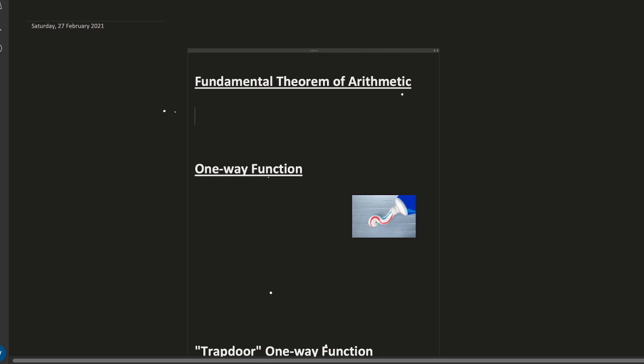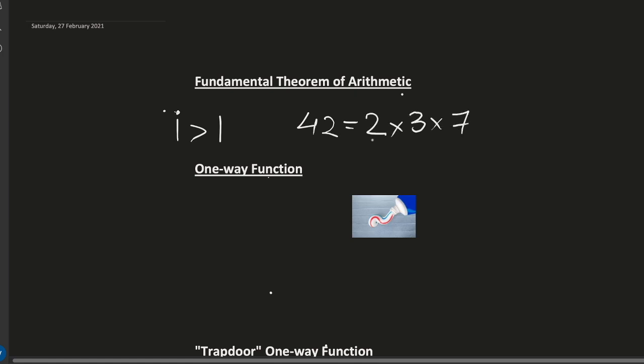Let's quickly go over some prerequisites. Let's start with the fundamental theorem of arithmetic. It simply states that every integer greater than 1 is either a prime number or it can be represented as the product of prime numbers. For example, let's say we pick a number 42 arbitrarily. It can be represented as a product of 2, 3, and 7. So, a product of prime numbers, because all of them are prime. And even though the ordering may differ, if I have just 1, 2, and 1, 3, and 1, 7, I'll be getting no other number other than 42.